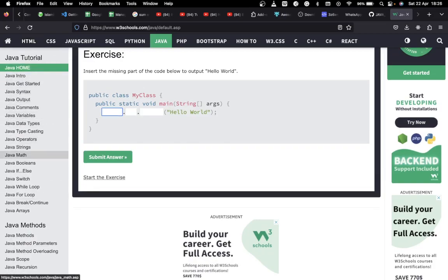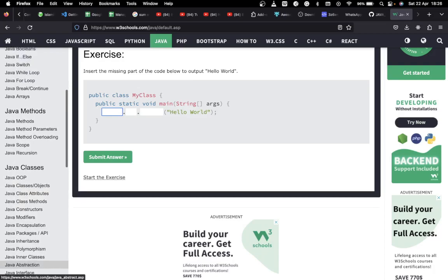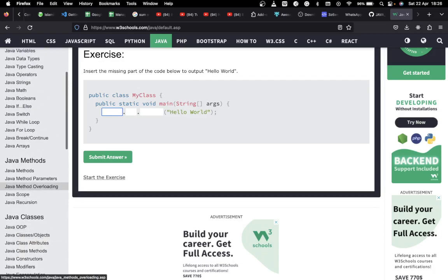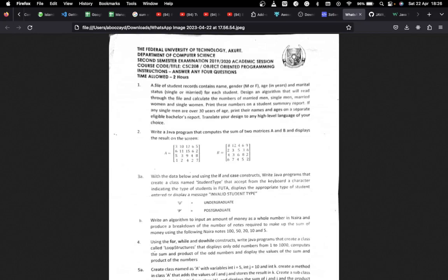These are just something you can go through within 50 minutes or 1 hour, and then you can go through methods and a bit of OOP and classes. So yeah, I'll be starting with this question that asks us to write a program that computes the sum of two matrices A and B and displays the result on the screen. So basically